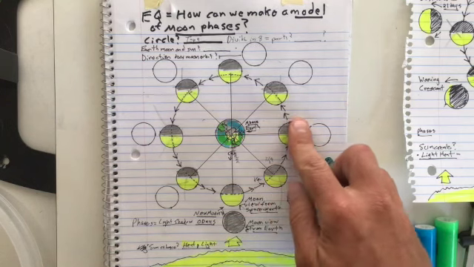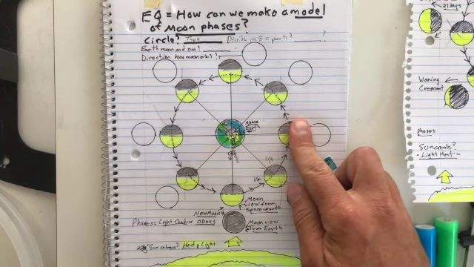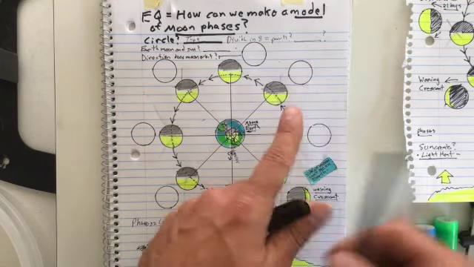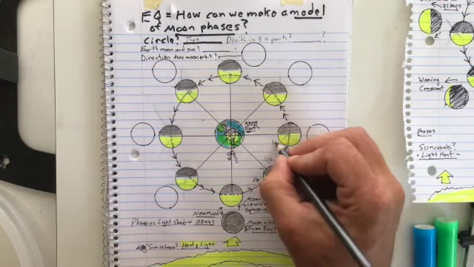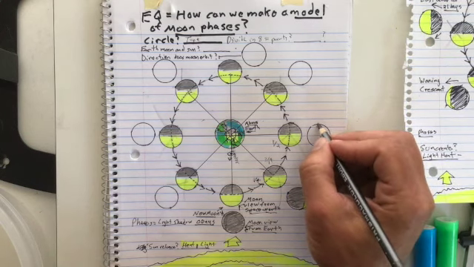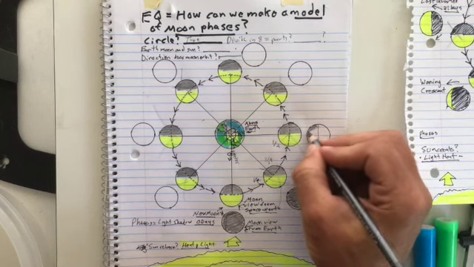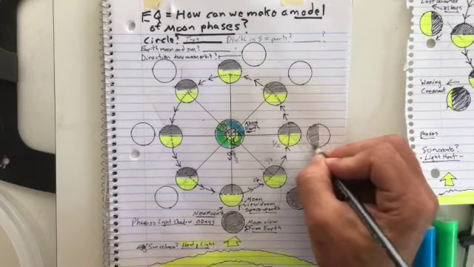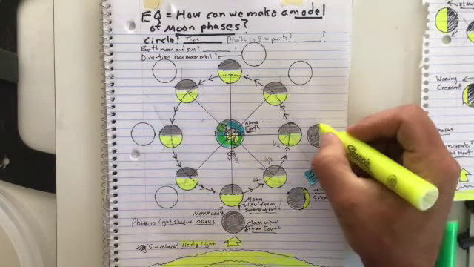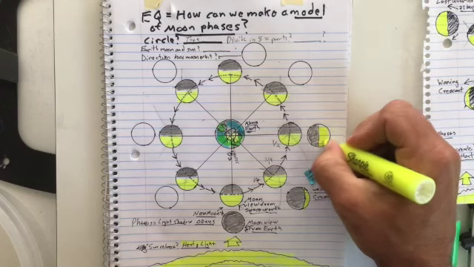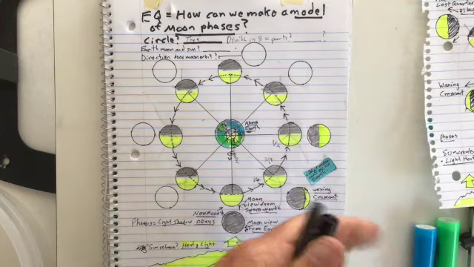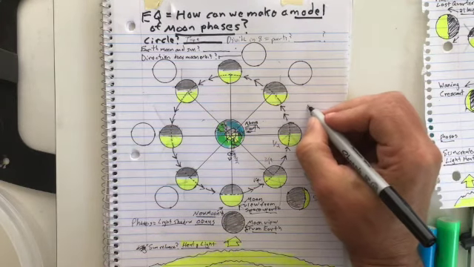Okay, if you take your Post-it note or your finger, how much of the light do we see now on the moon, on this one? Well, if we look right here, we're only seeing about half. And then this part would be in shadow, so this part's in shadow. And then this part over here would be lit up. This would be a half